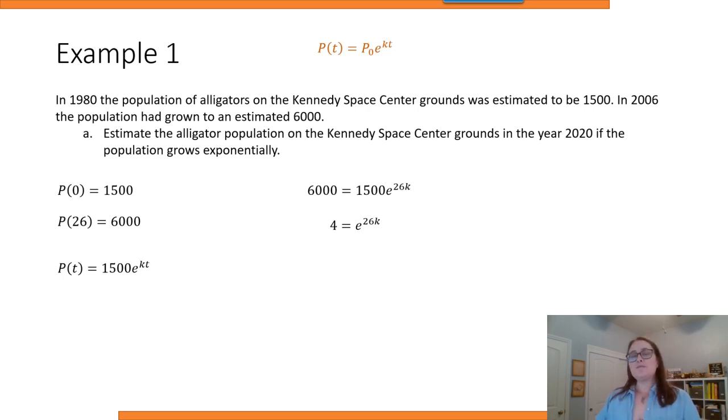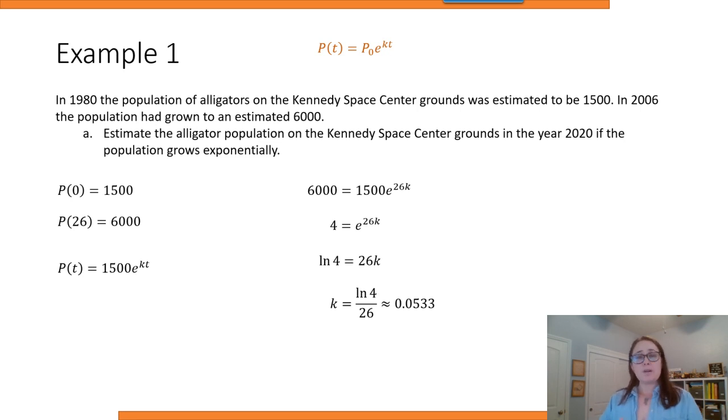And then to get rid of that e on the right side and get the 26k out of the exponent, I'm going to take the natural log of both sides of this equation. So I'll get the natural log of 4 on the left, and the natural log of e to the 26k simplifies to just 26k. All right, so we're almost there. Dividing by 26 will find me my k value, which I am going to approximate. So the natural log of 4 divided by 26 gives me about